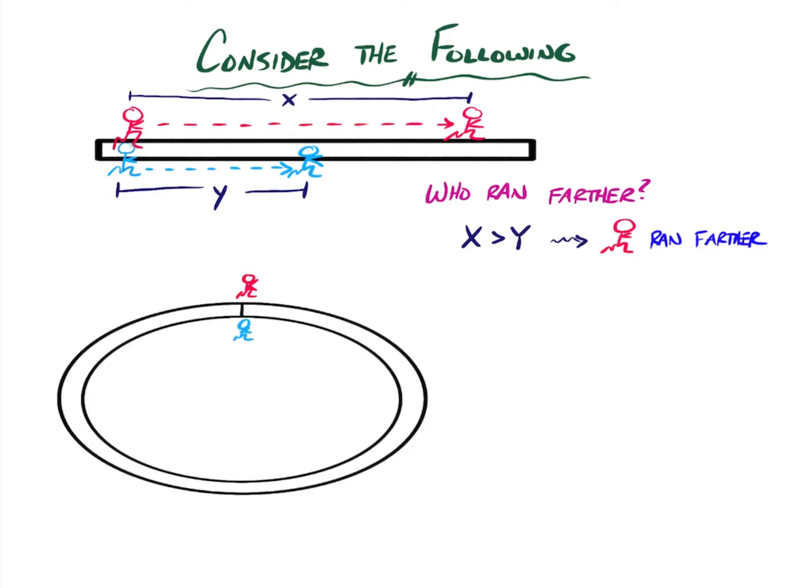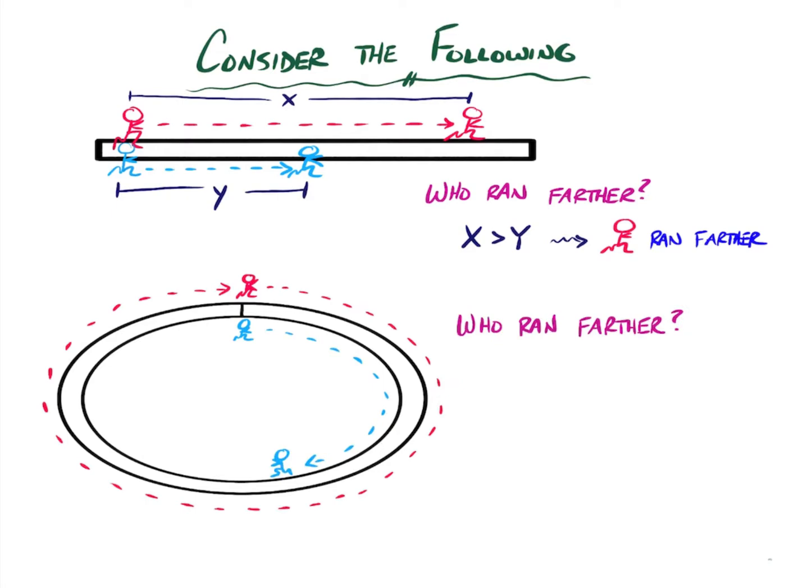Well, that becomes apparent when we view another scenario. This time, the two runners will be running in a circular track. Once again, let's say the red runner completes the full course and the blue runner only runs about, let's say, maybe 50% of that lap. If I were to ask again who ran farther, well, now we might run into a problem because we'll likely